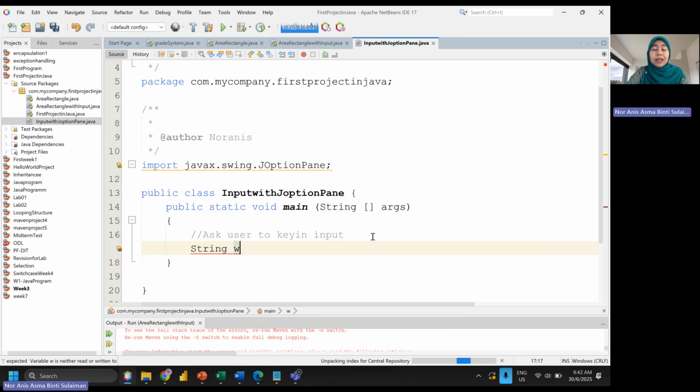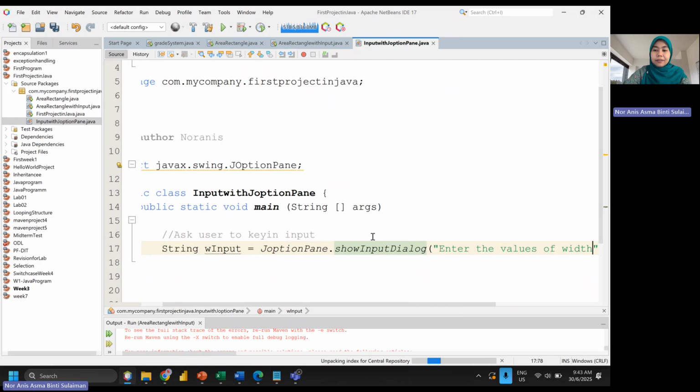So I'm using wInput equals the method we are using, JOptionPane.showInputDialog. Next, you need to enter the value of width.